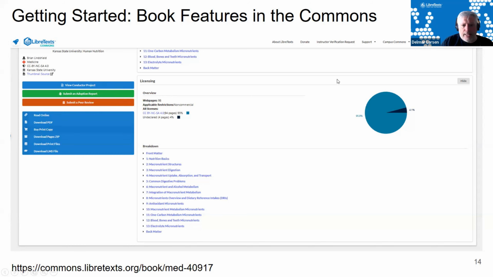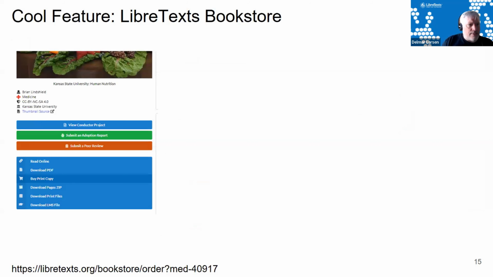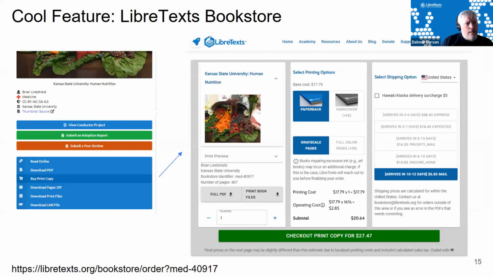This is something a little bit more unique, and I don't have time to talk about licensing, but we keep track of licensing on every page. We use that as a mechanism to show you the applicable licenses for that book. The argument is that you may have a book that has a range of different licenses. It's important to know what those licenses are, and more importantly, what the restrictions might be for that entire book based on the licenses. This is far more complete and comprehensive than any other project out there that focuses on hosting OER content.